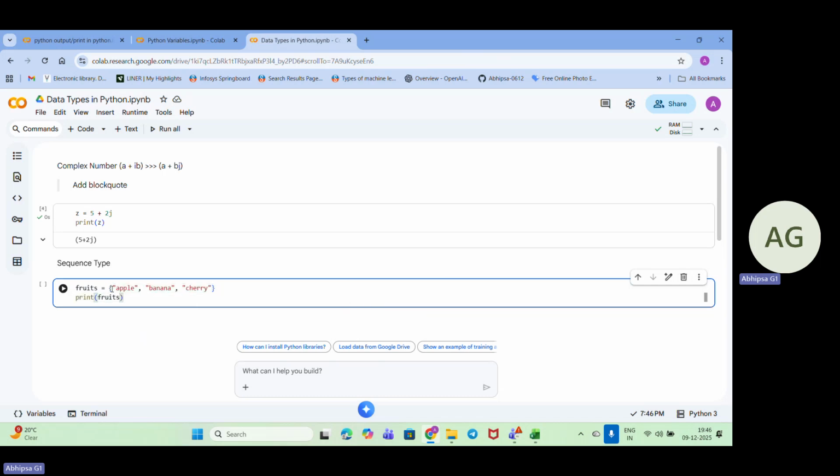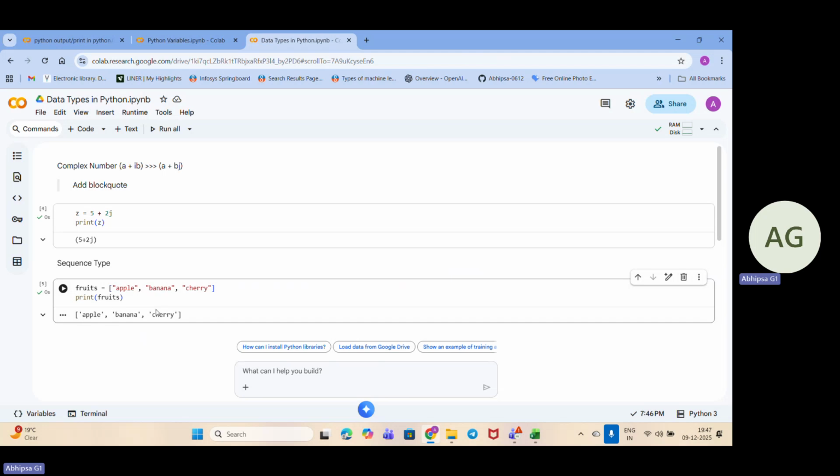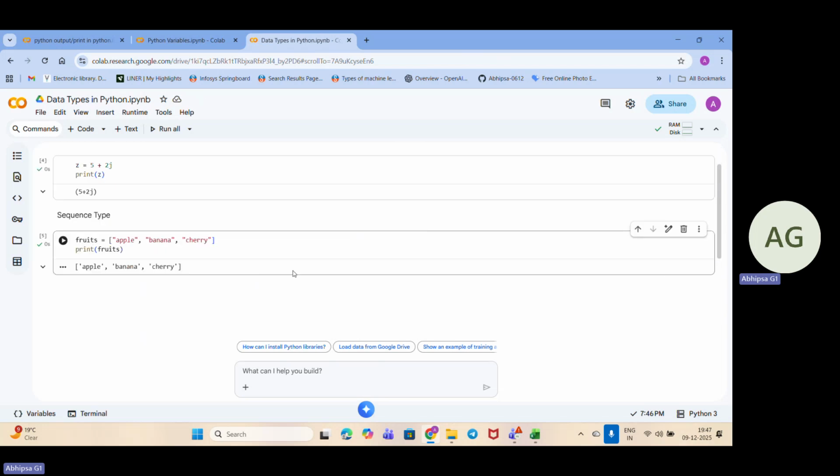Here we can use this, but for list we can't use this. We have to use square brackets. Sorry, here we need to change it to square brackets. Now we need to run it, and it will print automatically. Okay. So it is changeable. For changing it, we can add values, remove values, or change an item inside this fruit variable. We will see that accordingly. It's just to give you an idea of what the sequence type is all about. Slowly and gradually, we will see each of the types so that it is easily understandable.